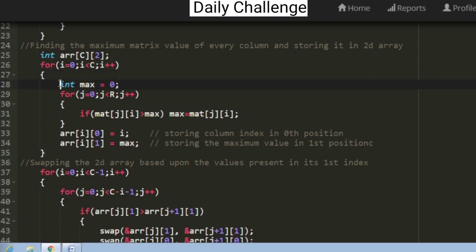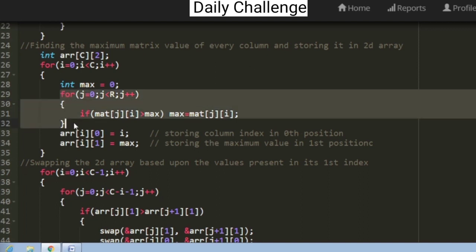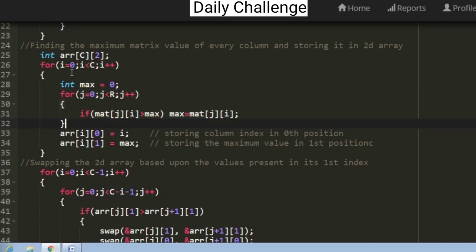And after that we are declaring a variable as max and then setting the initial value of it to 0. And this particular J loop, instead of iterating from 0 to C, is going to iterate from 0 to R. And this particular for loop travels through all the elements present in the ith column.